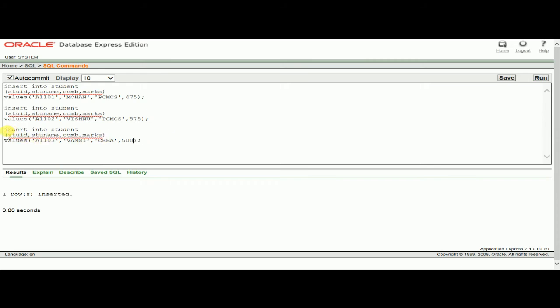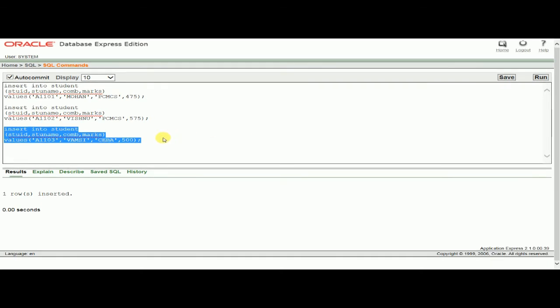I'll select the whole thing and run this. So what will happen? One row is created. One row is created indicates that you have successfully completed the command without any problem. If you make any mistake, you'll get an error message. You have to check the errors present in that particular command and correct it. Now we have inserted the 3 rows actually.